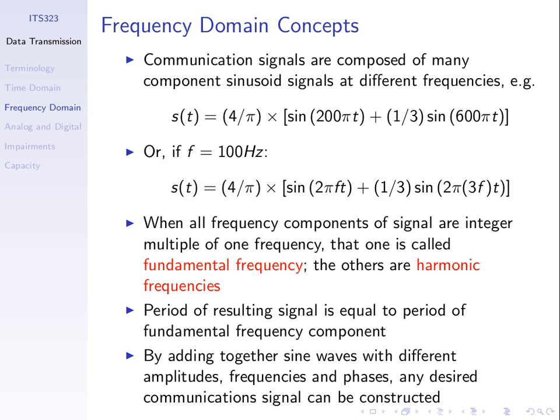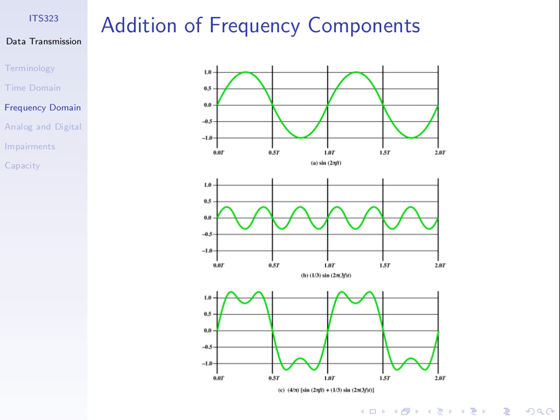We could replace this 200 with 2 pi f t. So the general form is 2 pi times the frequency. If f was 100, these two are exactly the same. It's just that in the slides, rather than looking at a specific frequency, 100 hertz, the slides consider a general frequency,